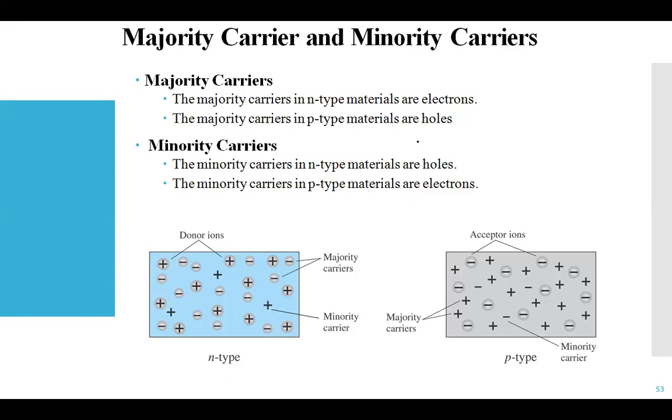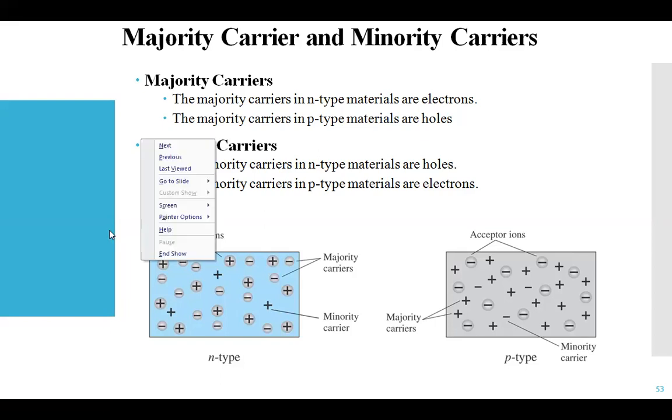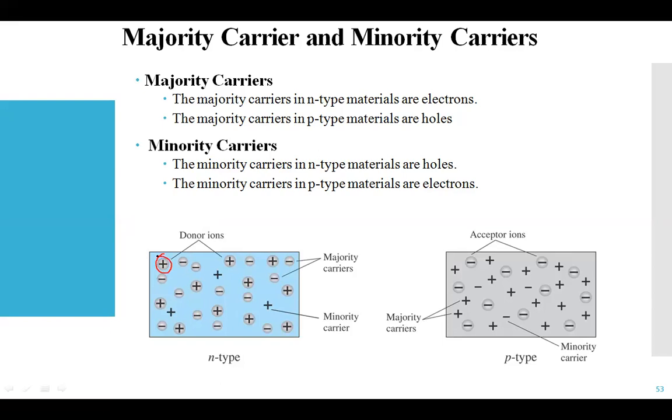So in this diagram also it is represented for the n type and the p type of the material. You can see in the first diagram the electron components are represented more, that is the majority carrier, and the minority carriers are the holes with the positive sign. And the representation given here of this one, we call the donor ions.